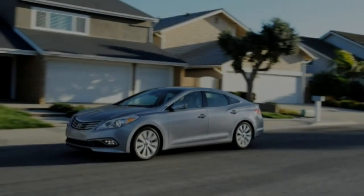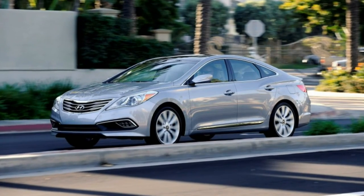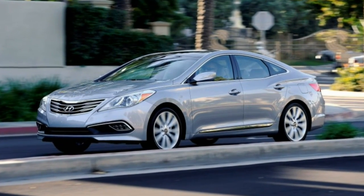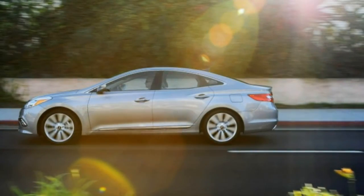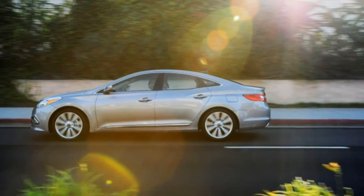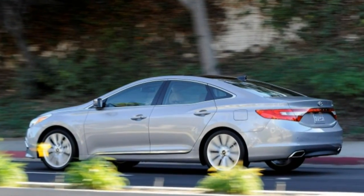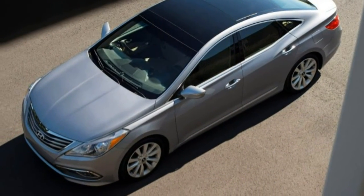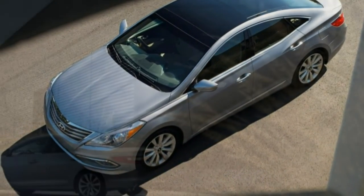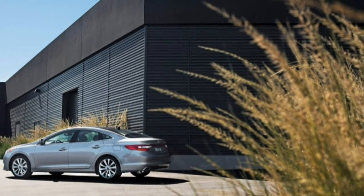During a supermarket run in our Hyundai Azera Limited test car, we were approached by a salt-and-pepper-haired man wearing cargo shorts and flip-flops. He was excited to share his recent experience with an Azera he rented. "Surprisingly nice, isn't it? You know, for a Hyundai." He's summed up the Azera in a way that is succinct and accurate. Yes, the Azera is a nice car, for one wearing any badge, really, and at